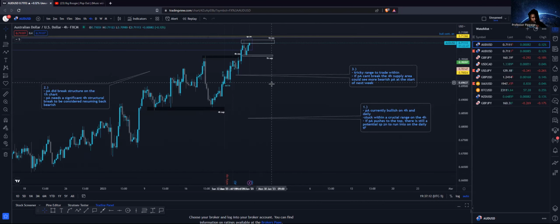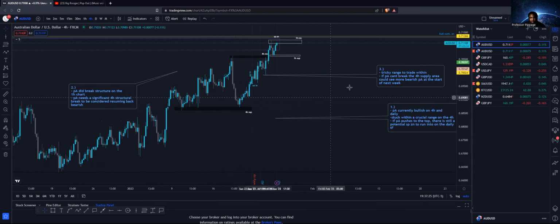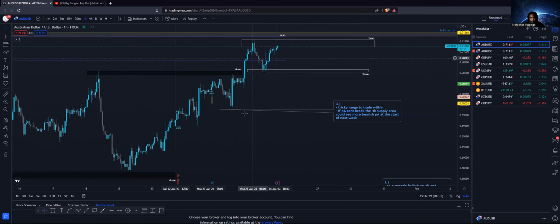So I don't necessarily have a new 4 hour high just yet because I think we're still pushing, but the new 4 hour low will be from right up in here. This was the previous one: higher high, higher low, higher high. Now we're waiting for that higher low. I don't know when that higher low is going to kick in, simply because, like I said, we're still pushing on the 4 hour. When you bump down to the hourly, what I have identified is